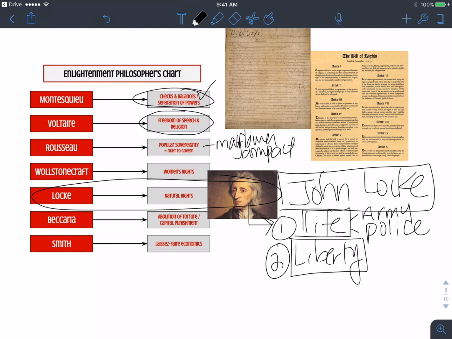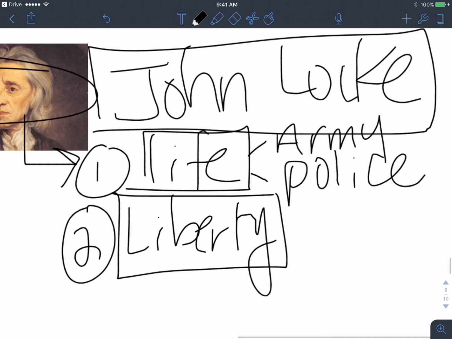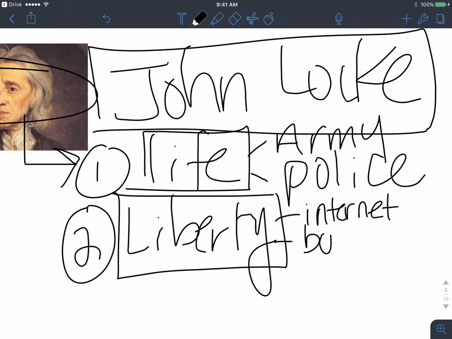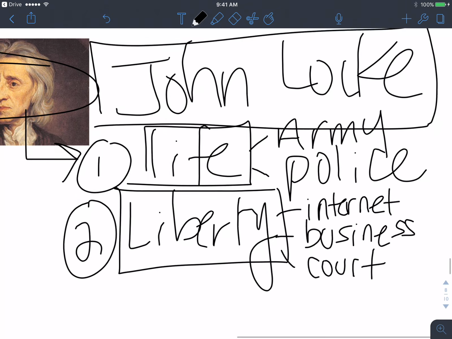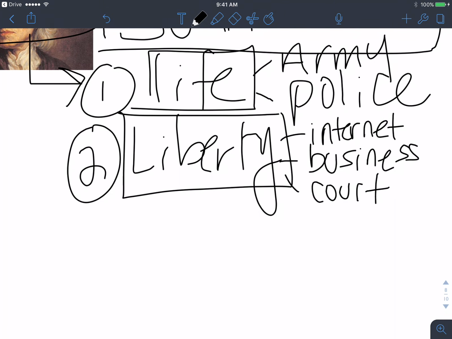okay, freedom. Some ways that we've interpreted liberty or freedom, okay, is the internet. Now that may sound a little far-fetched, but we have few restrictions in the U.S. on our ability to look up information. Some nations are very, very restrictive, okay, and censor their internet. So we have lots of freedoms. We can start our own business if we get the proper paperwork, okay? So there's a lot of liberty there, as well as we could say the court system, all right? If I want to sue my neighbor because they're building their fence into my property, we have the court system to kind of decide that and keep peace and reduce the amount of violence and chaos in society.